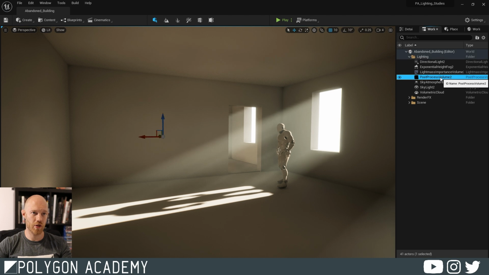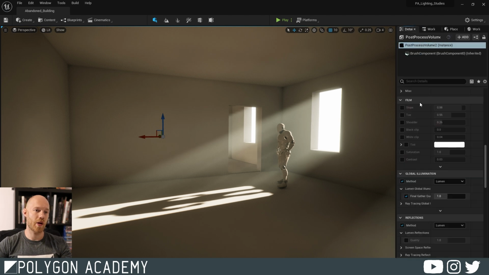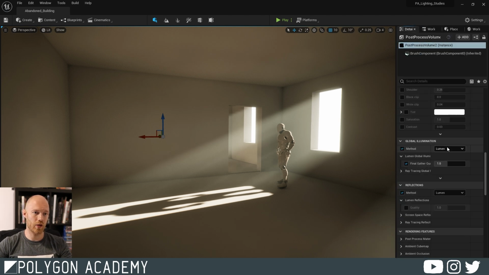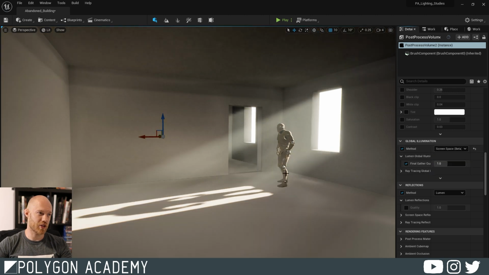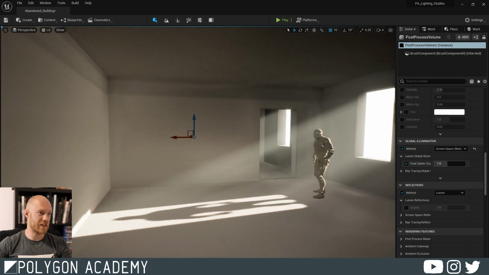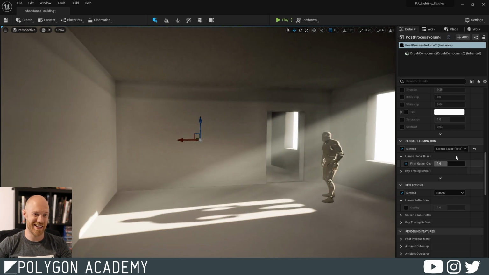If you are using a post-process like me, I have a post-process that surrounds this interior to kind of set the exposure properly. You just might want to go into there and under Global Illumination, set this drop down to Lumen. You can see if I swap it back to the old screen space, oh, that's not too good. It doesn't look great